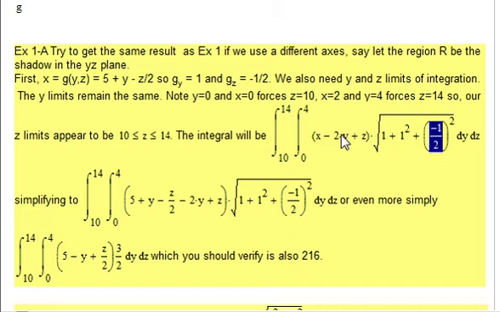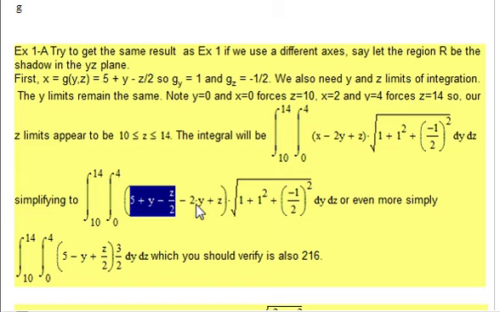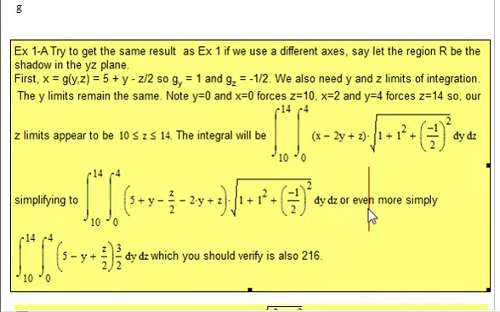And then I would replace, remember we're replacing x this time with what x is equal to, and that was 5 plus y minus z over 2. So here's the 5 plus y minus z over 2, then minus 2y plus z. Now we've got the correct number of variables,